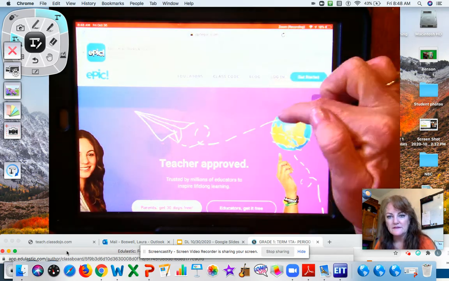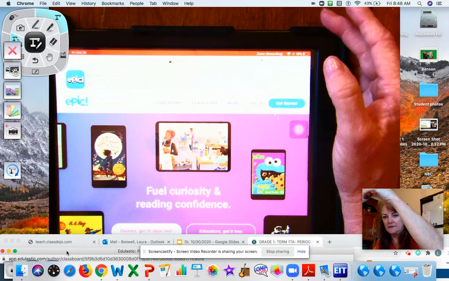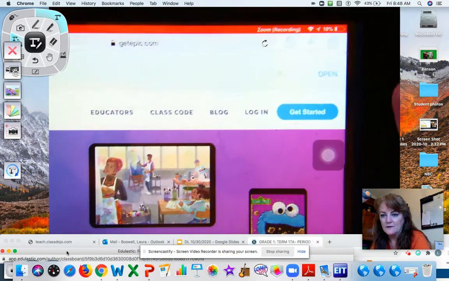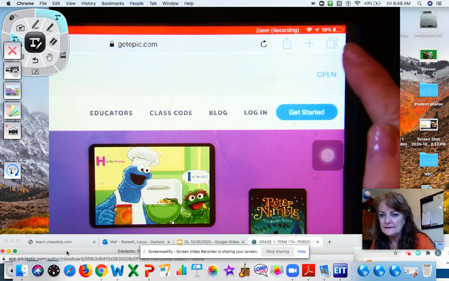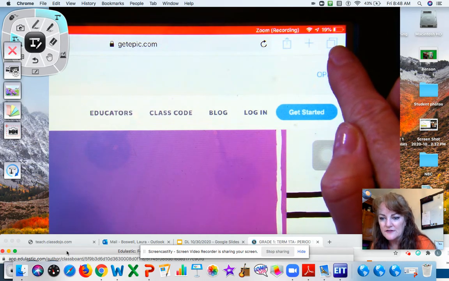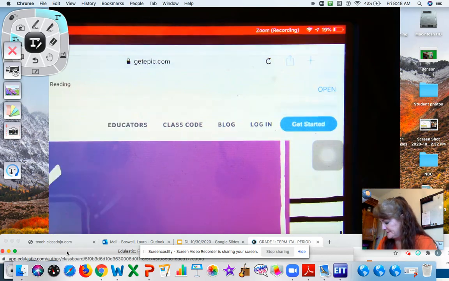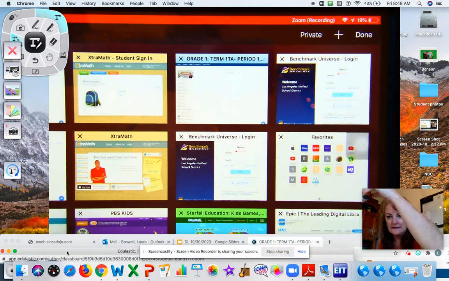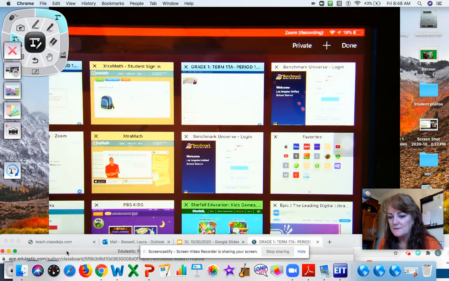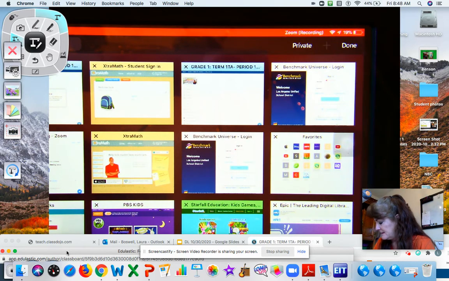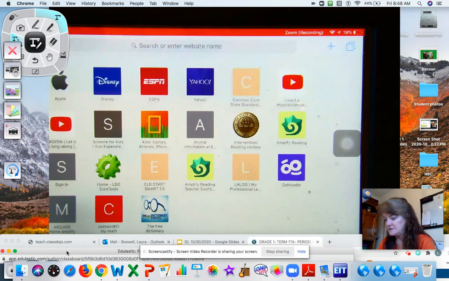If you don't want to go on this website, remember, if you want to go on a website that you were just at recently, you touch these two little boxes. They take you to a website that's already open on your iPad. The window's already open, so you could go there. If you don't want to use one of these apps that you have opened recently, then you're going to go to a new website that's not here. You're going to push the plus sign, and that will take you to